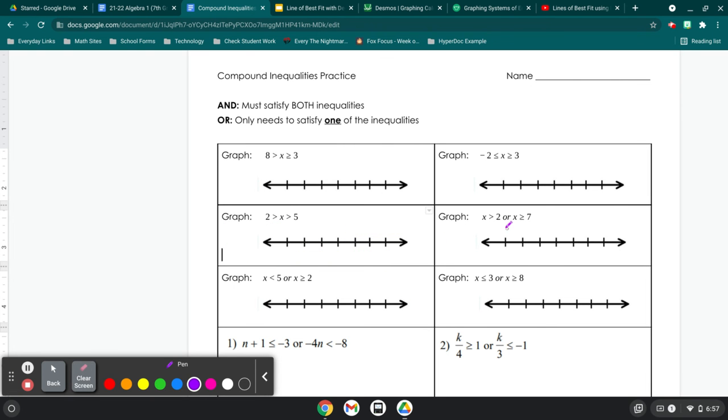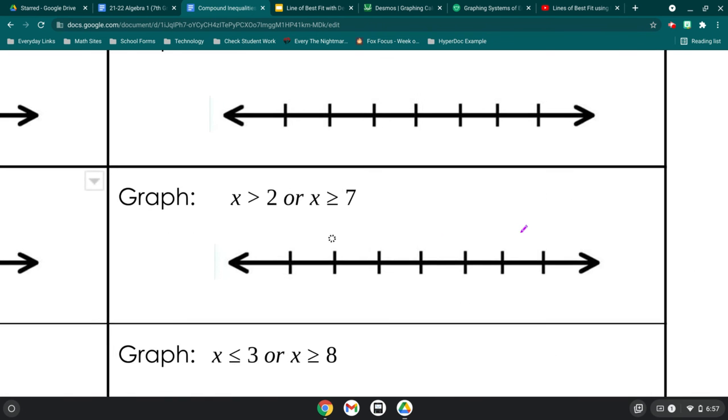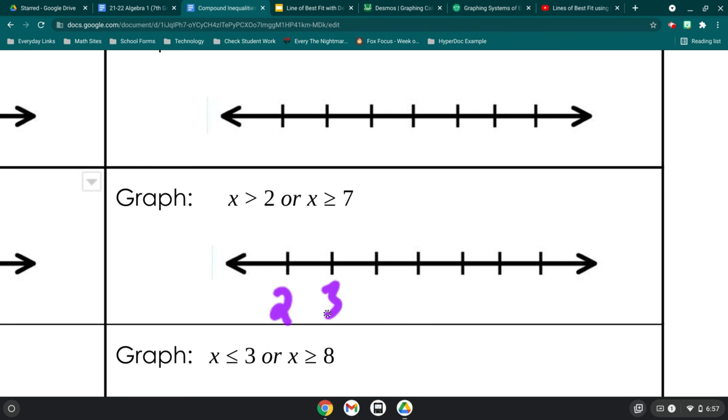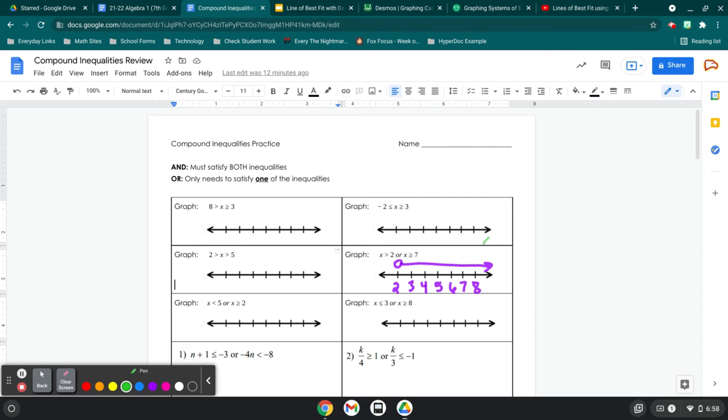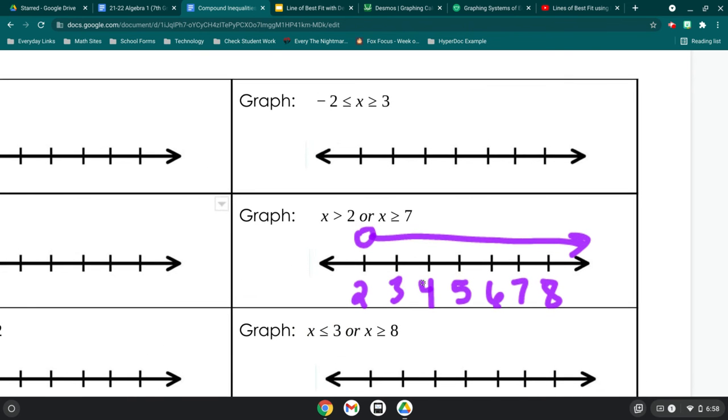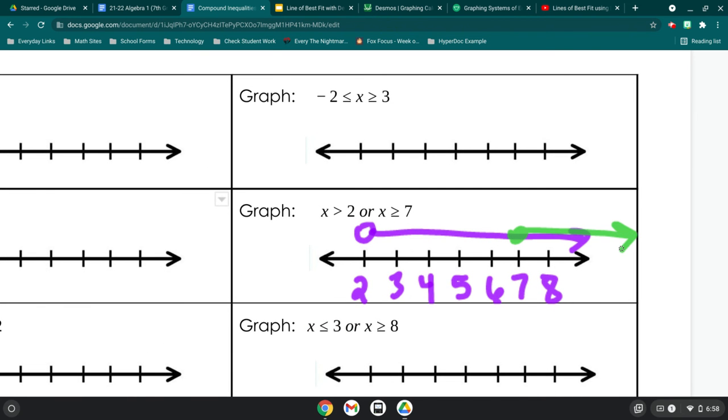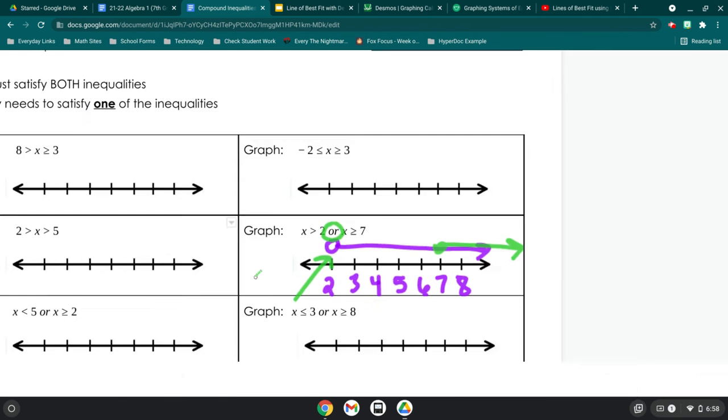All right, moving on to our ors. We know they're ors, like I said, because they say or. All right, so 2, 3, 4, 5, 6, 7, 8. x is greater than 2, or, let's change color. Fancy. x is greater than or equal to 7. So they're pointing in the same direction again. But since this is an or, only one needs to be true at a time. This is where at least one of them is true. So for our graph,